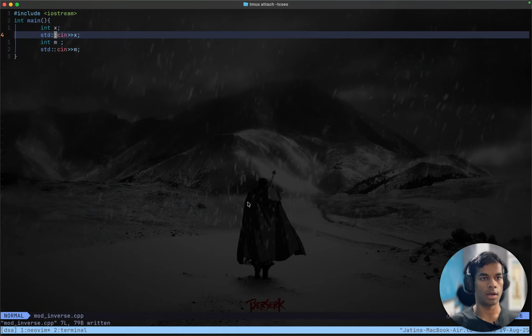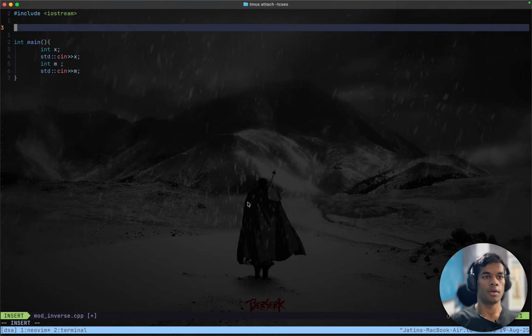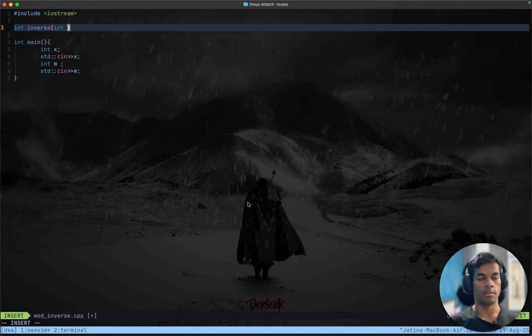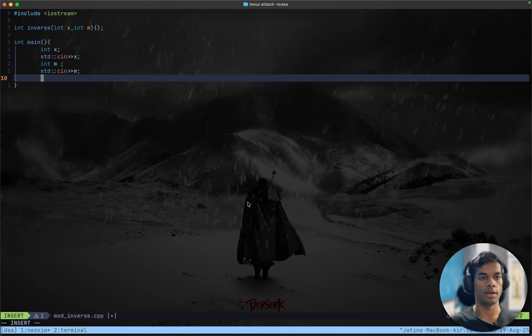And we will have another function which will return an integer, and it will take in two numbers,